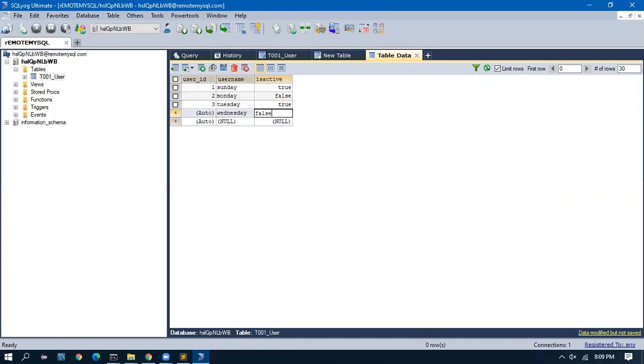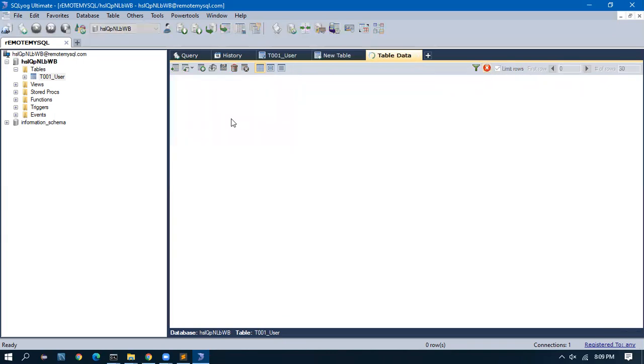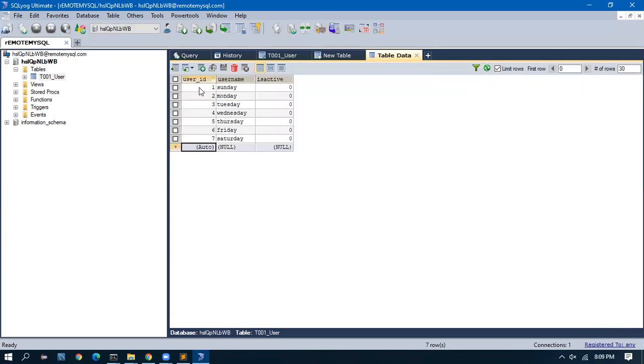Wednesday is a user who is again active. Thursday is a user again active. Friday active. Saturday not active. So we have created 7 users now, which means these are the 7 records in the table, and everyone has one primary key, which is a unique number.